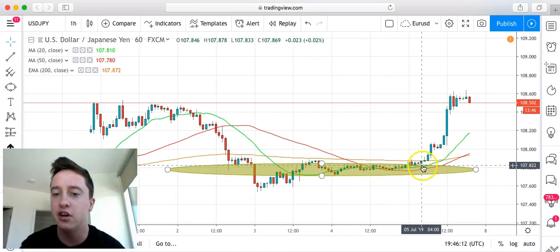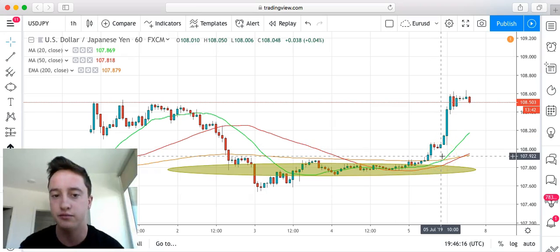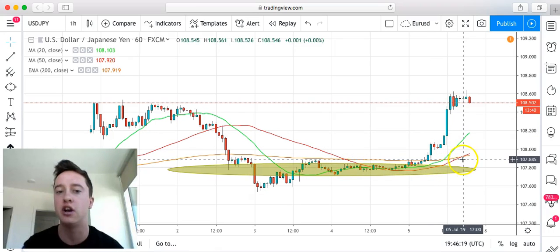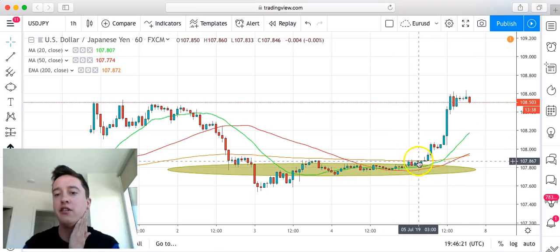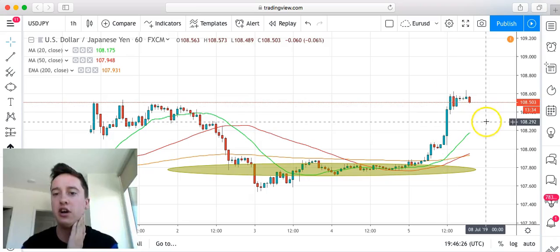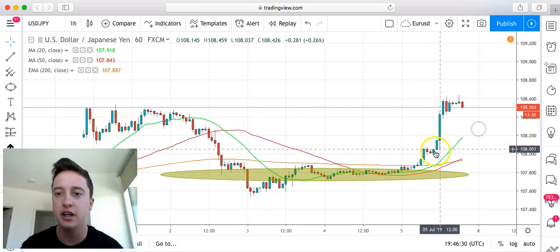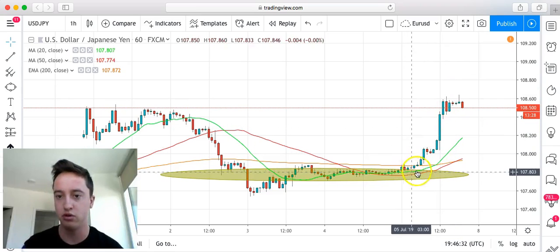And then it finally started to break out right here. Bing, bing, bing, bing. We can see that it broke out, and then price rapidly shot up. So once it actually started to break out of the zone, we started to see longer candles right here. Boom, price shot up. And you guys can notice that this market completely rose after it broke through this